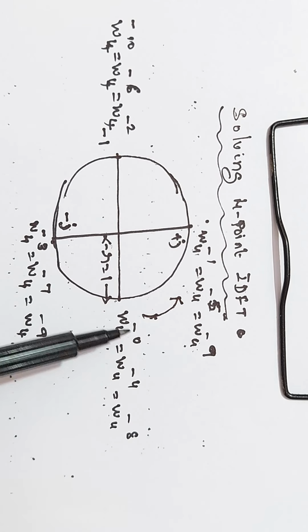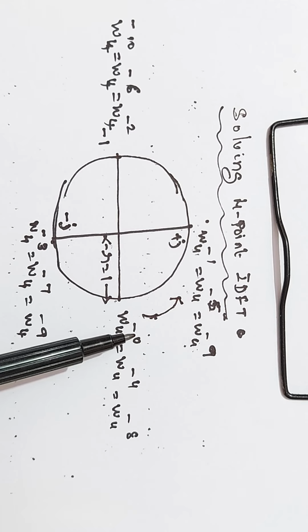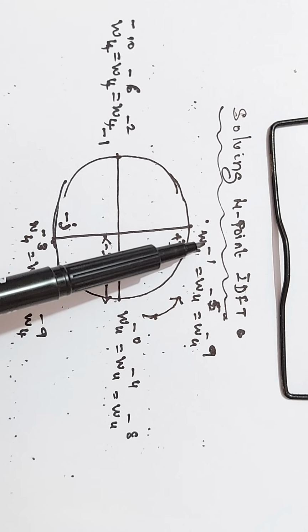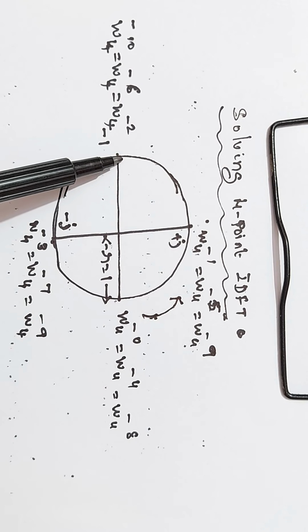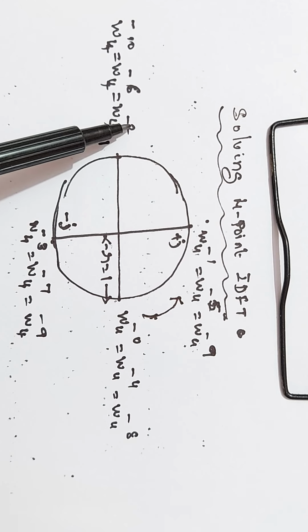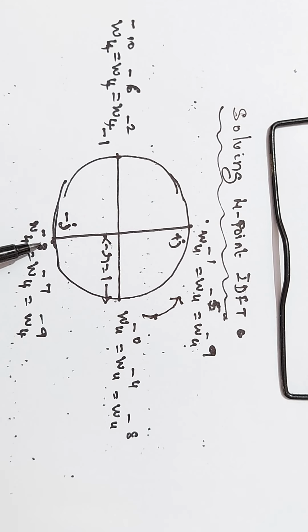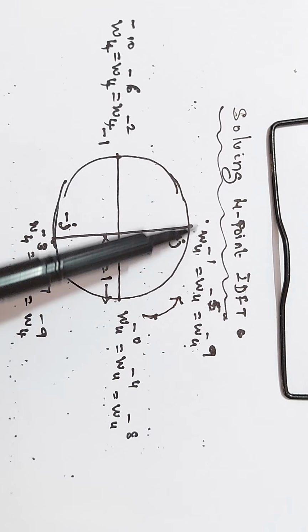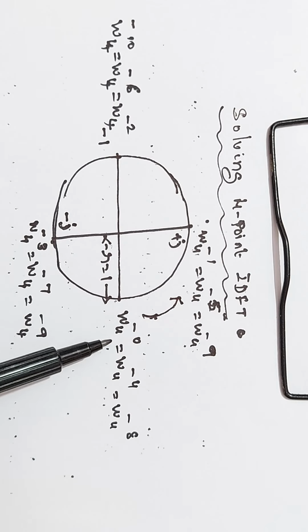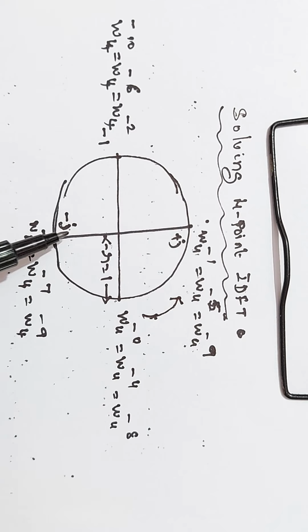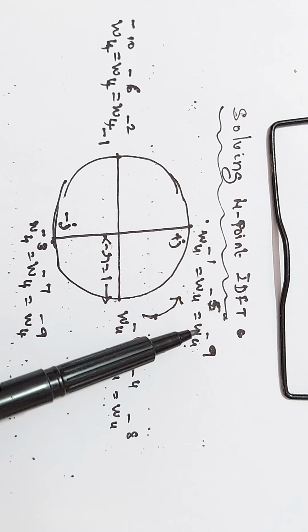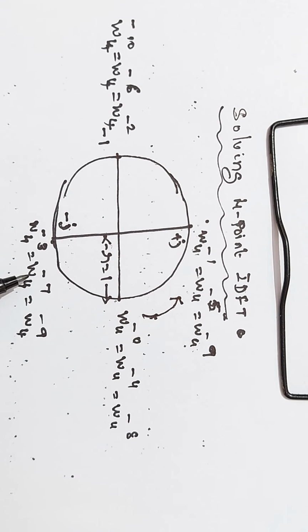This is the first sample, W4 minus 0. This next sample is W4 minus 1. This is the 0 sample. This is the first sample. Next, the second sample, W4 minus 2. Next, the third sample, W4 minus 3. Again the 0 sample. Since W4 is a periodic function and it rotates along the circle of the same radius, you can represent like this: W4 0, 1, 2, 3, again 4, 5, 6, 7, again 8, 9, 10 and 11.